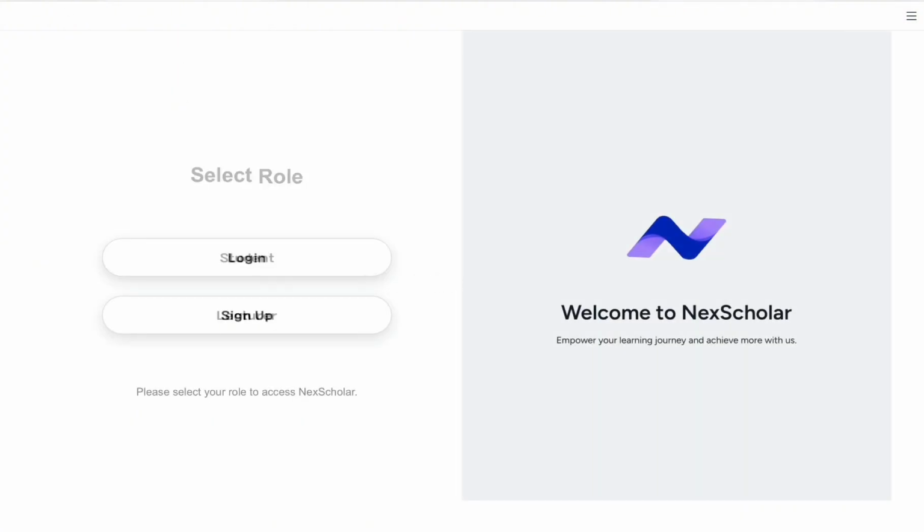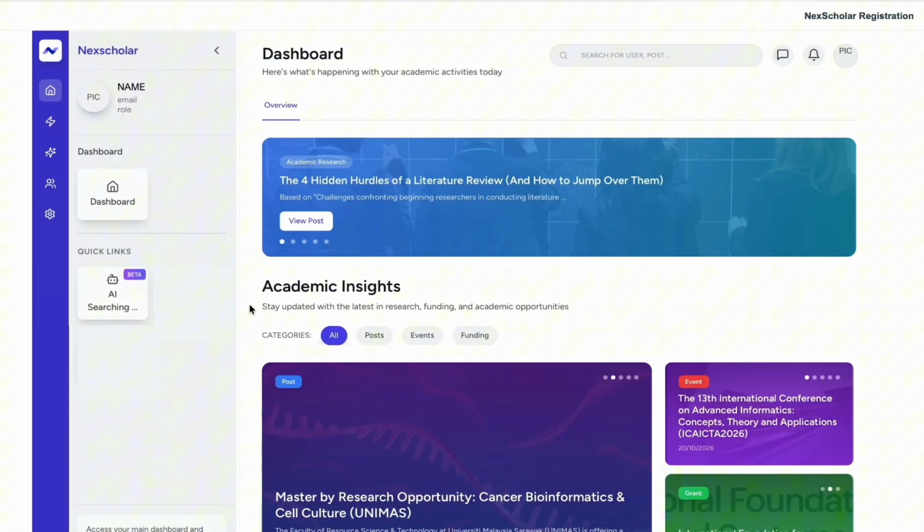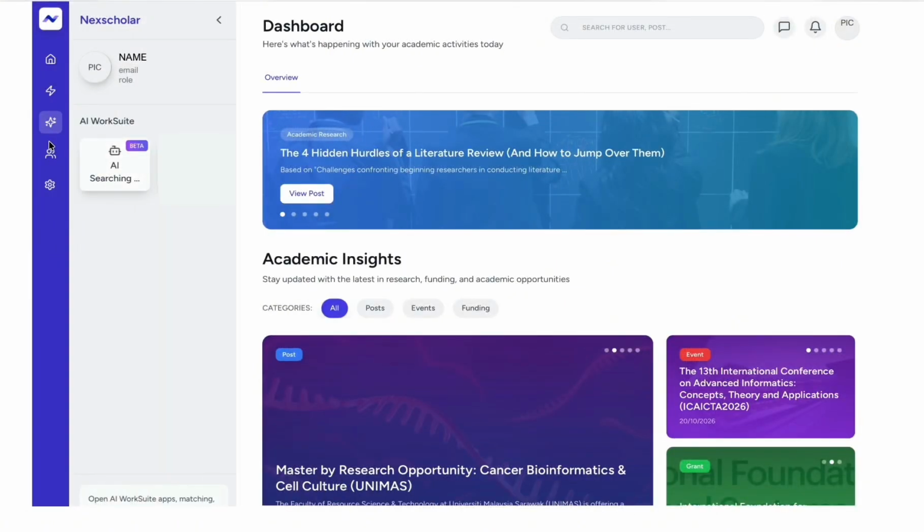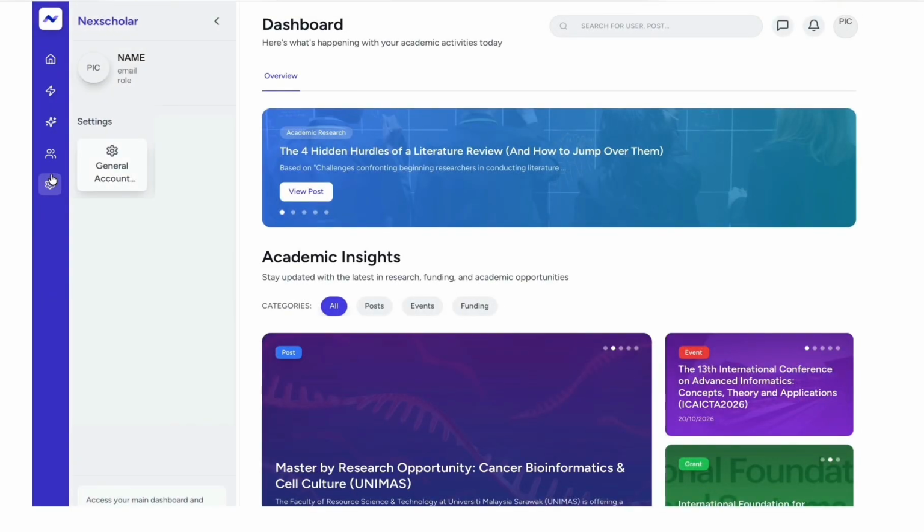Okay, back to the login. Click the login button, select role. Since I will present the lecture part, I will access by lecture role. After login, user can access different functions through the navigation panel on the left-hand side, which include dashboard, feature, AI matching, networking, and setting. We will continue to improve and add new features in this section in future sprint, which